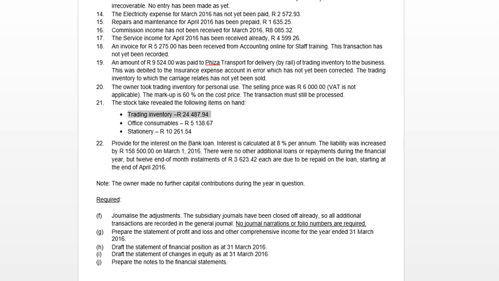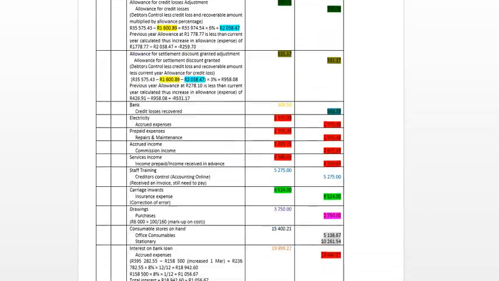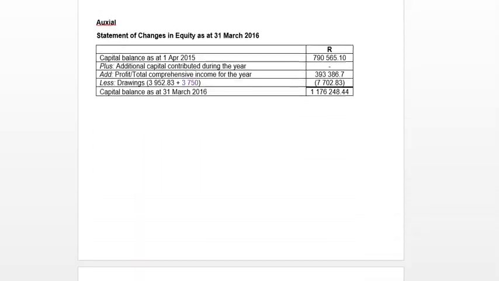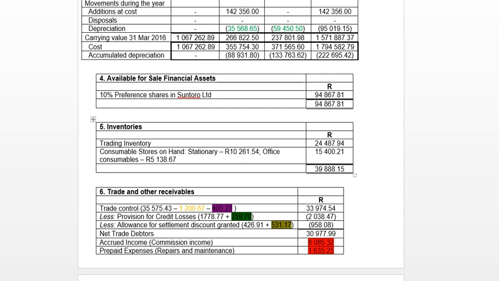So your inventory, you're going to take your stock take or your trading inventory as at the end of the year of 24,487.94 cents, and your office consumables, these two you will also then add, just the 5,138 and the 10,261. Okay, so trading inventory will balance as at your stock take or the end of the year, and then your stationery and office consumable stores on hand. So total inventory is then